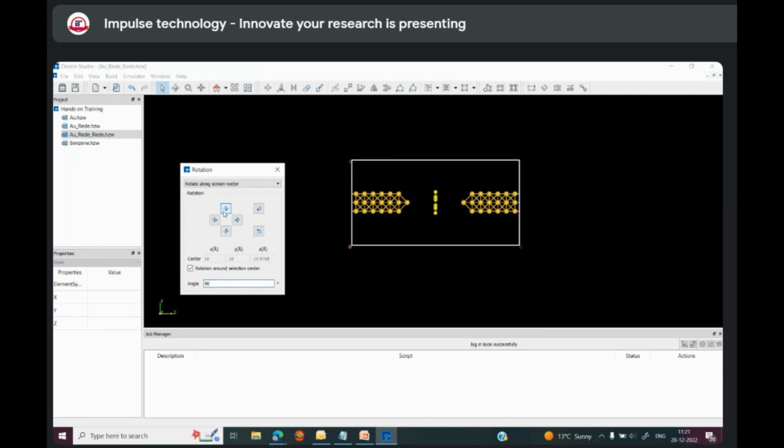And here you can see this is the counterclockwise x-axis, and this is the clockwise x-axis, and this is the counterclockwise y-axis, and this is the clockwise y-axis, and this is the clockwise z-axis, and this is the counterclockwise z-axis. Whatever position you want to make a rotation, you can select, and also you can define the angle. And if you want to make more rotation, like 45 degrees in the direction of Z,